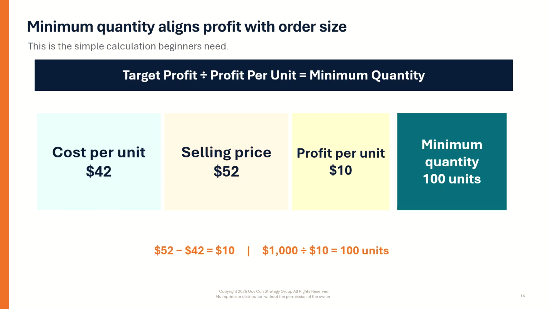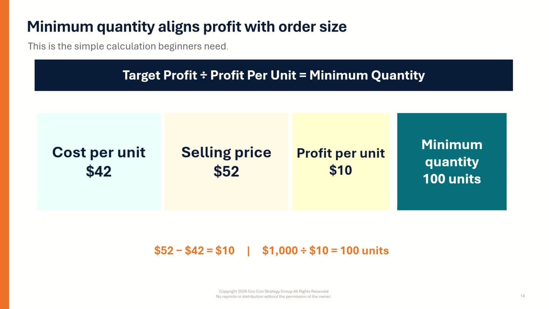Once you know your price and your capacity, you can bring those two concepts together to determine the minimum order size you need to make the contract worth pursuing. Start with this question. How much profit do you want to make from each sale, order, or contract? That is a business decision. It should be based on your real costs, your selling price, your capacity, and what the market will reasonably support.